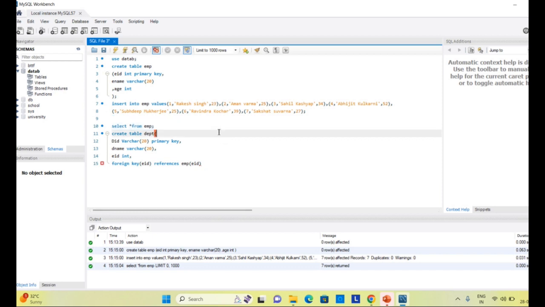Now it's time to declare the child table, and I'm creating a table named department which is referring to the table EMP, and as it is a child table it must have a foreign key. So I'm declaring a foreign key named EID, which is an integer field in the table EMP, and its data type is of a similar type, and they are related to each other with a common field name EID. So when I am declaring a foreign key, I just write foreign key EID references EMP EID, but here I have to use the rule of delete cascade.